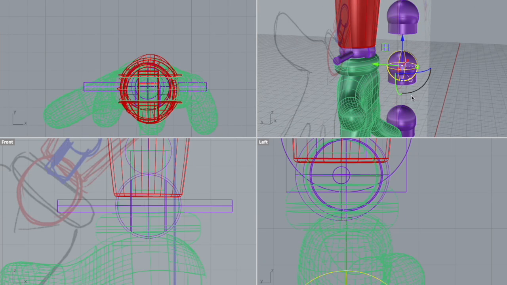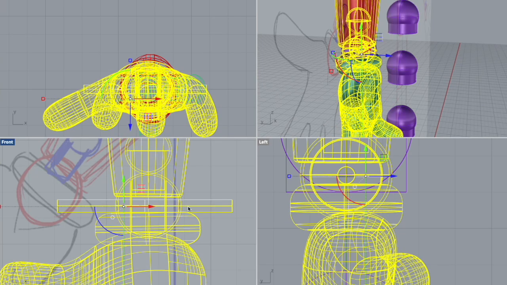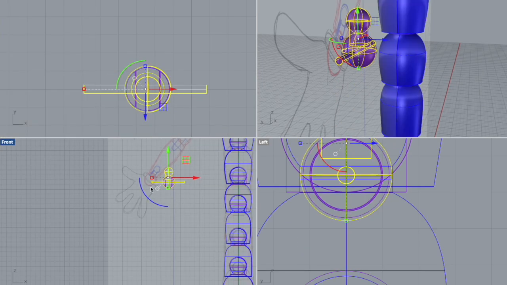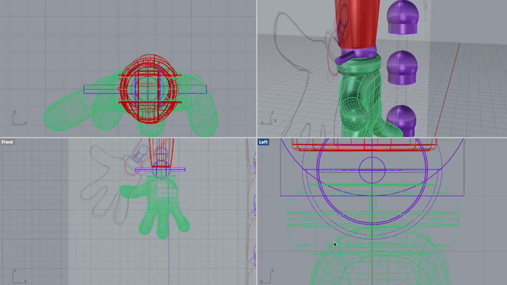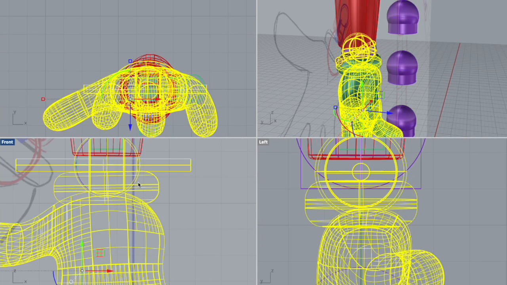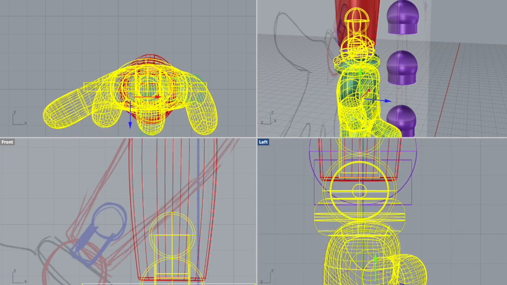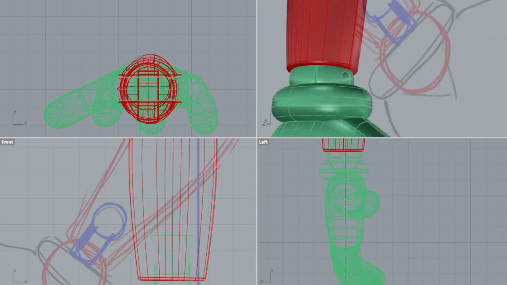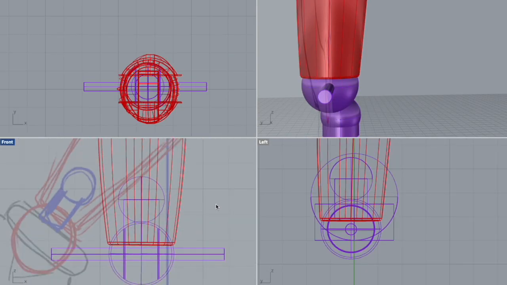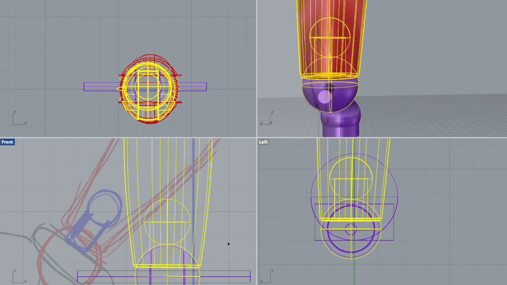See all those purple lines and shapes? I was essentially using those as booleans to cut and make proper holes and channels in all the body parts. In this case, I was doing it to the arms, but I also used the same shapes for different parts of the body. It was at this point when I finally jointed the wrist in the same way as I did for the shoulder,